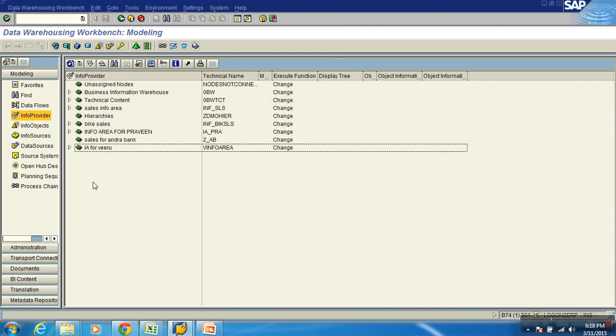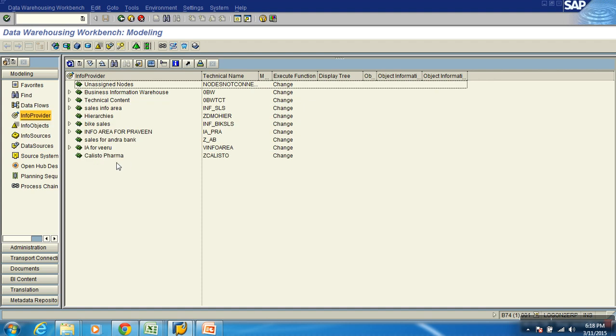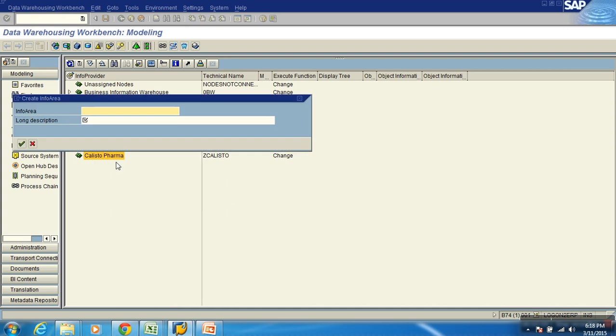So I know we'll have to create an info area, then we create what? Catalogs, then go about creating info objects. So I'm just going to create the info area now. In RSA1, what is the menu here? Info provider menu. Just right click on the top, say create info area. I'm just creating it for some company. Let's say I'm implementing a warehouse for this company. Again, under this can I have sub info areas? Yeah. Info area again. So let's say sales.